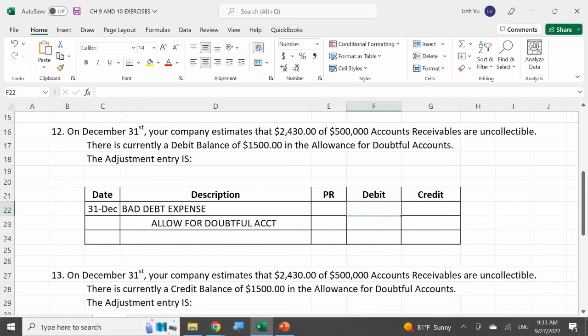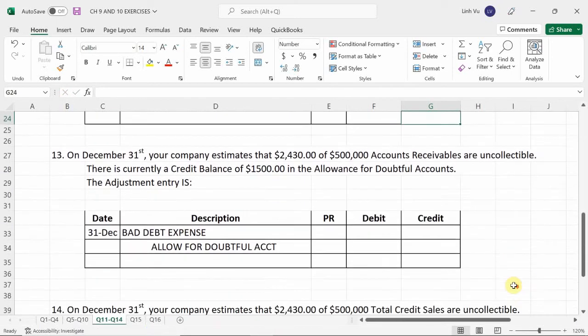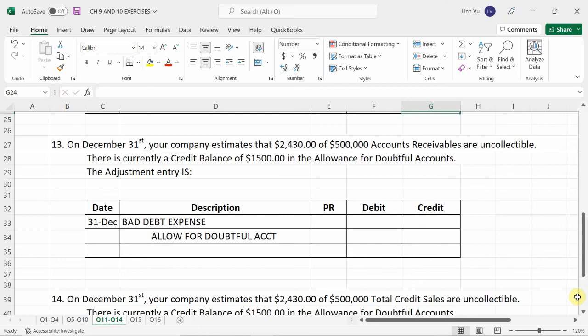So in this case, $3,930. Okay. Let's do another example. If on December 31st your company estimates that $2,430 of a 500,000 accounts receivable is to be uncollectible, and there currently is a credit balance of $1,500 in the allowance for doubtful accounts, the adjustment entry is